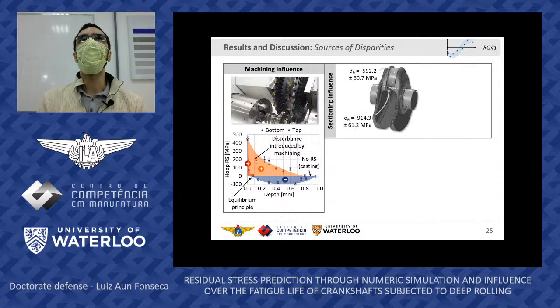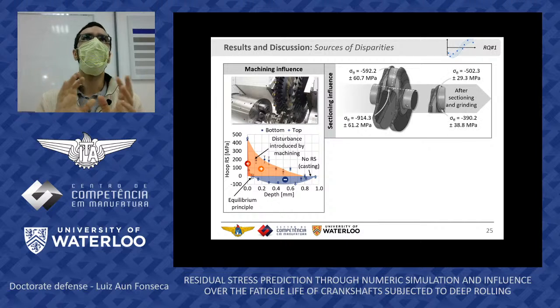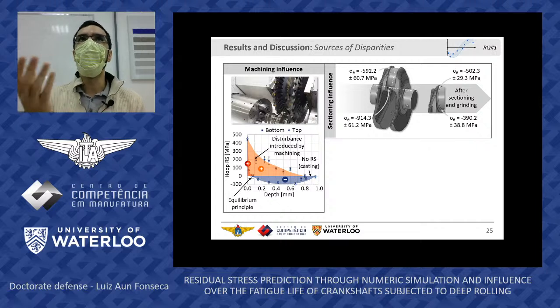Another source of disparity is obviously the sectioning influence. So if we take measurements before and after cutting, we can see that for the top region, we don't see much of a stress relief. But for the bottom part, there is an important stress relief, most likely because the cut was made very close to this region. So any differences in terms of magnitude between simulated and measured stresses can be attributed to this